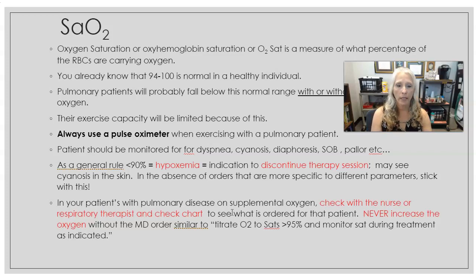If you see an order, it's going to say something like titrate the O2 up to sats greater than 95% and monitor sats during treatment as indicated. If it says that, then it would be okay to turn it up a little bit. I would still seek some guidance as the PTA from the respiratory therapist or the nurse regarding how much is okay to turn up their oxygen. If they're on 2 liters and you titrate it up to 4 during exercise to keep them in a good saturation, then that might be okay. But